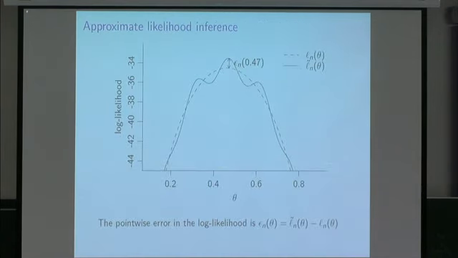Well, I said before, it still seems to make sense to say that the error in the likelihood needs to be sufficiently small. So we have to think about what's a good way to measure that error. The first thing that you might come up with is to just look at the error in the log likelihood. So I'm calling epsilon n the difference between the approximate log likelihood and the true one. And it seems like maybe if that's sufficiently small, then we'll be okay and get all these properties.